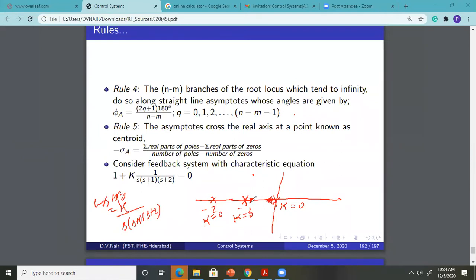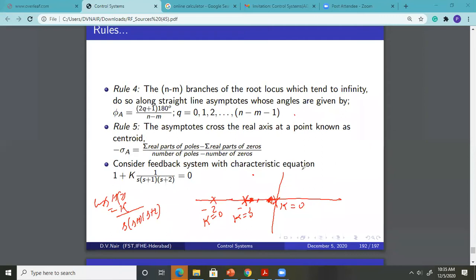Okay. Sir, here, at the point of coincidence, why will it move towards the right? Why won't it move towards the left, sir? Which point of coincidence? For example, if these two branches try to meet at a point when they travel in opposite directions, like the breakaway point we saw, somewhere around here will be the breakaway point. Yes, they move towards the right, no, sir. Leaving the real axis, they go into the complex plane.